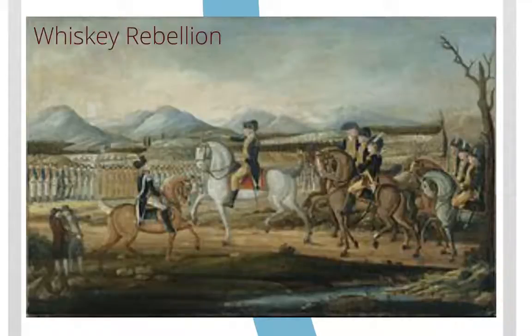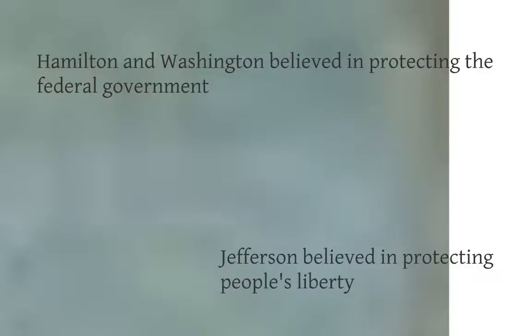You have thousands of people that begin protesting the federal government, saying very nasty things about the Federalists and their pursuit of power. And so Hamilton and Washington believe this is a threat to us. We need to do everything we can to protect the integrity of the federal government. We've issued a tax. They need to pay it, and protesting it is unacceptable. So they send 13,000 troops to squash this small rebellion of people,